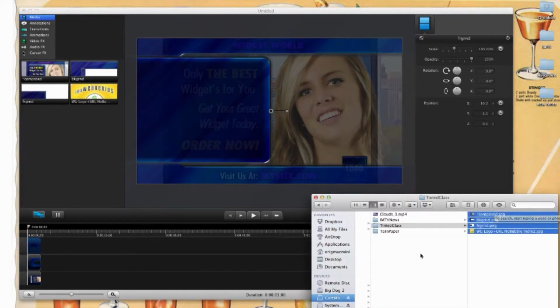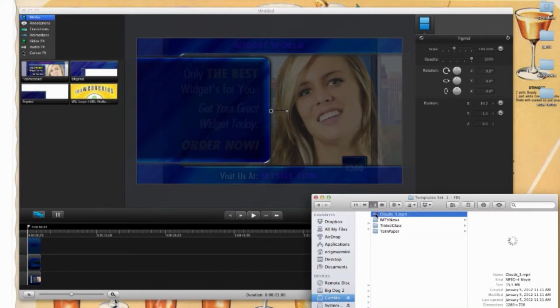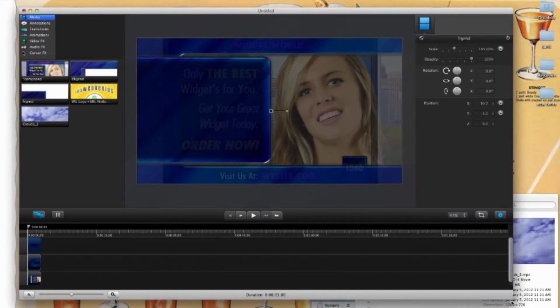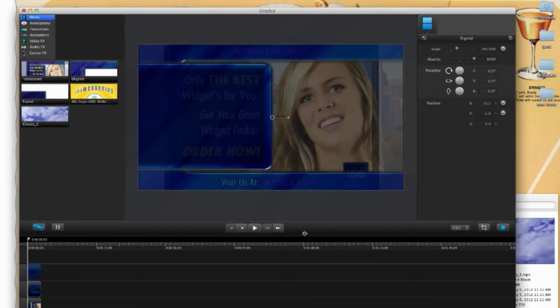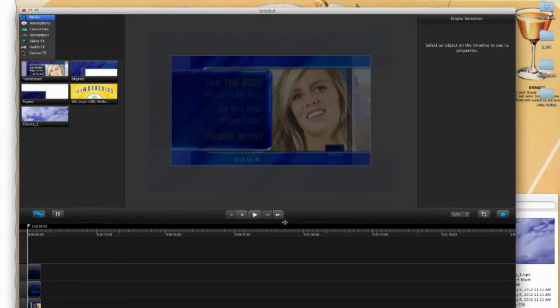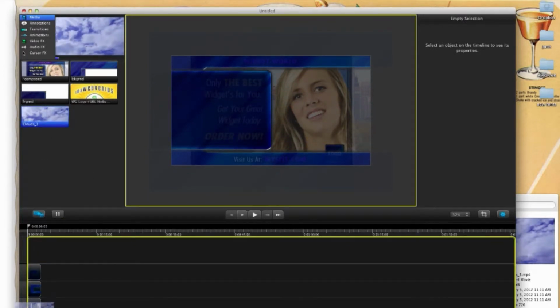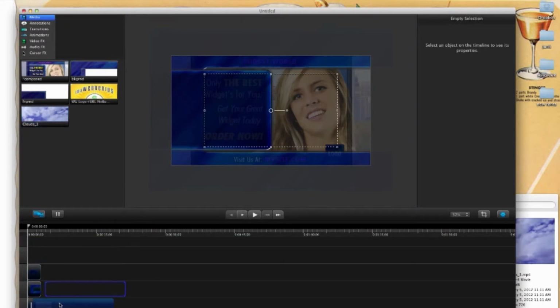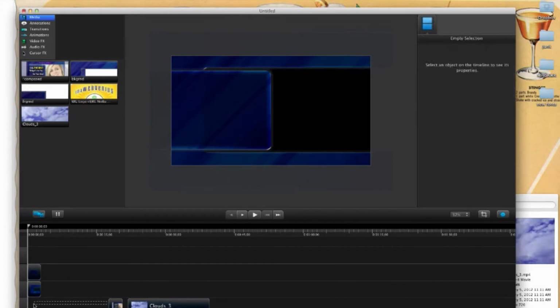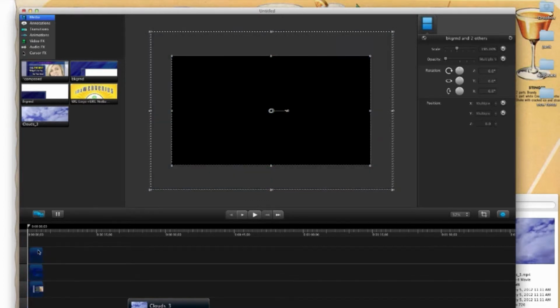And then the other thing I need to do is drag, I want to just show you how this works when it's composed. So I'm going to drag this clouds in. This is actually a bit of video, and open this window up a little more, scale this down, see the whole thing, and I'm going to put this video on the bottom layer. I didn't like that, but that's what I'm going to try and do here. Sometimes Camtasia is a little hinky, and you have to make it cooperate. So we'll move those up,